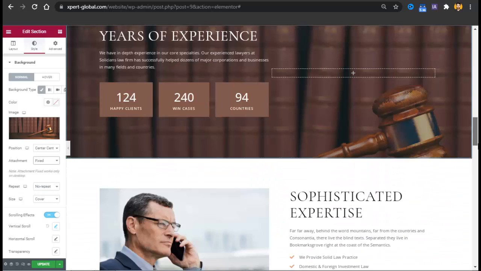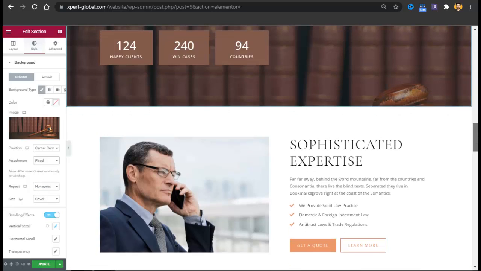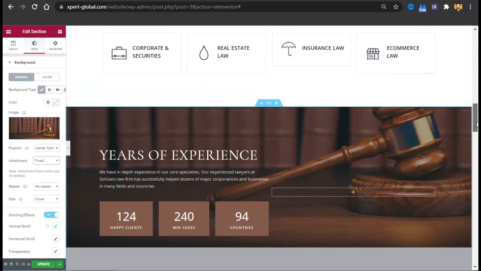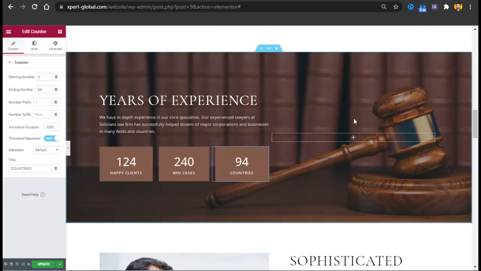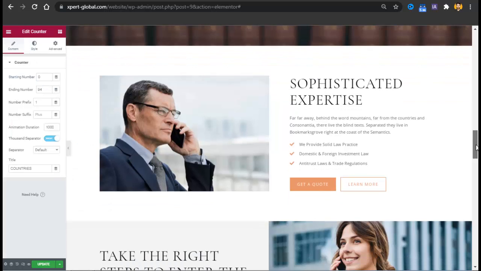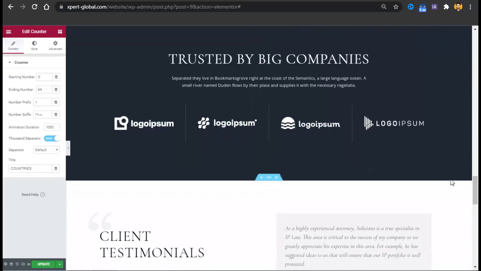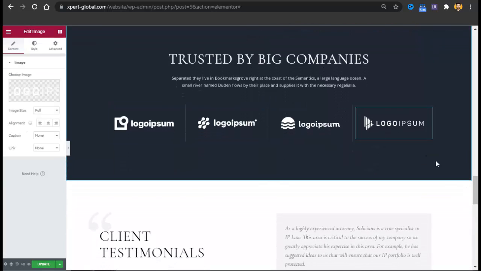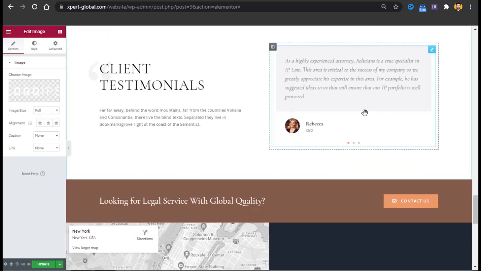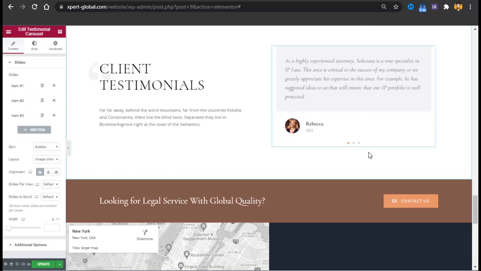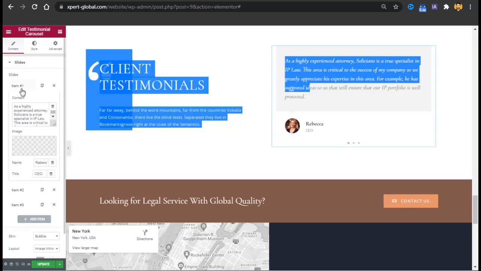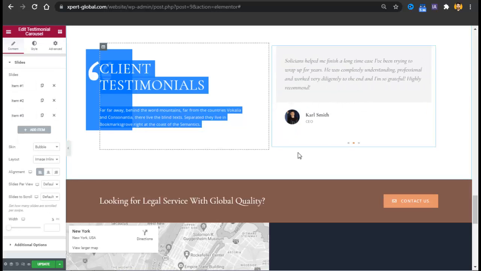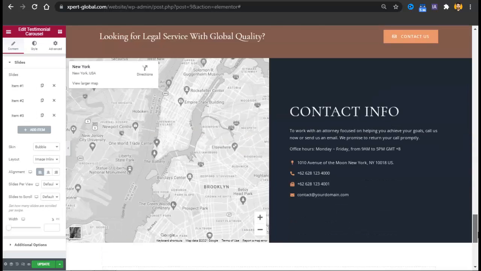Now let's see how it looks. Oh, that's how it looks now. So that's the beauty of Elementor. You can easily change it, and you can also change these texts and all the stats, and the same is the case with other stuff. And here you can change the logos also, each logo one by one. And here you can change the testimonials. To change testimonials, just hit testimonials, and select item 1, change it, select item 2, change it, and at the last